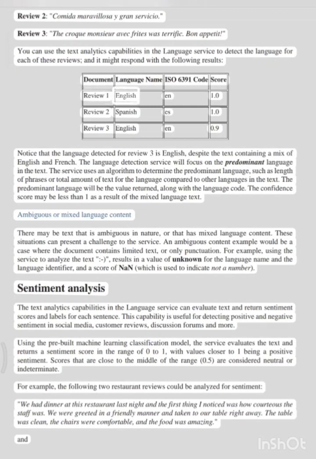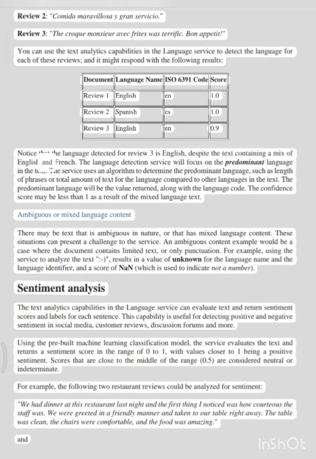English, en, 1.0. Review 2. Spanish, es, 1.0. Review 3. English, en, 0.9. Notice that the language detected for Review 3 is English, despite the text containing a mix